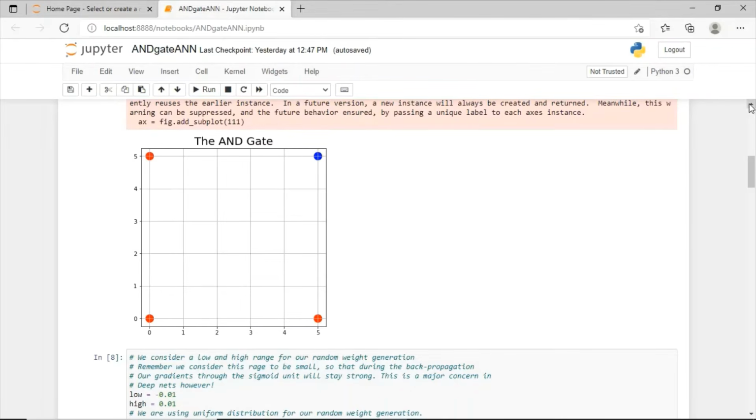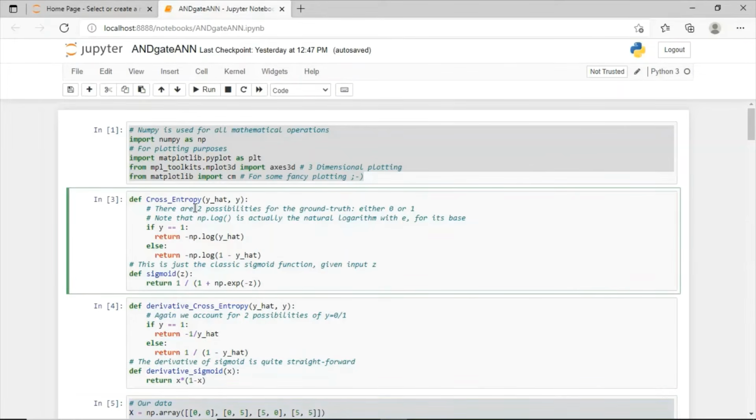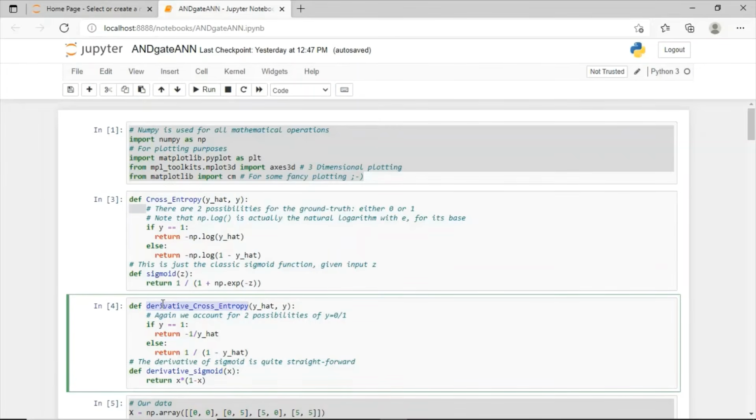But try to follow this code stepwise. Look at this code very carefully, what I am doing over here. I have discussed that we are going to design one neural network using a single perceptron in Python. So the most important thing that we are learning here is that each time we have to derive a cross entropy factor. That is, in this code, we are using two separate functions in Python, cross entropy and derivation of cross entropy.